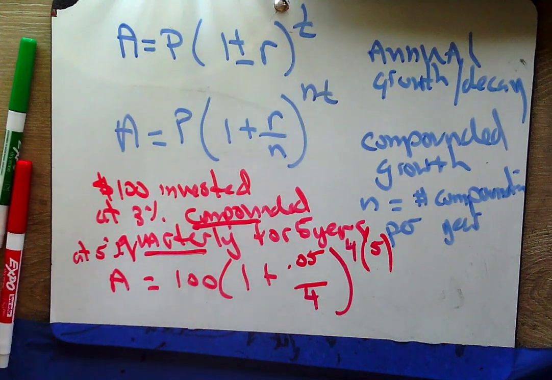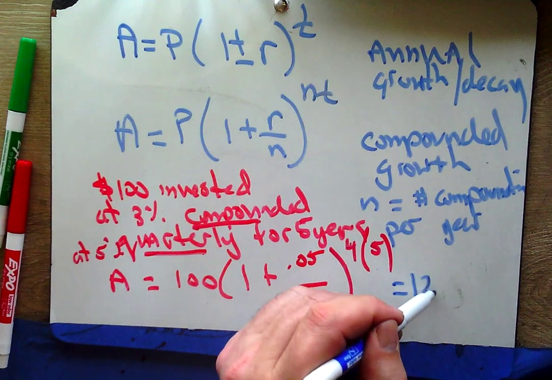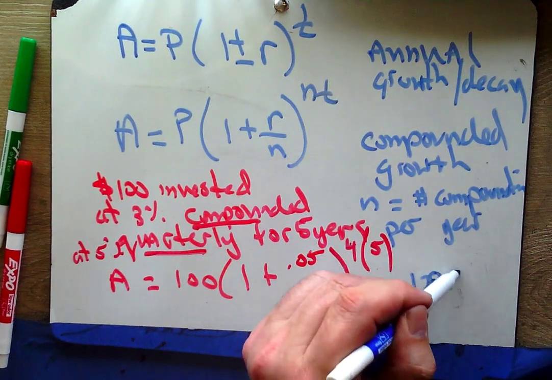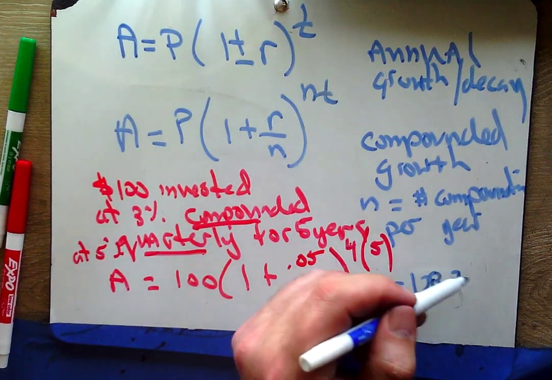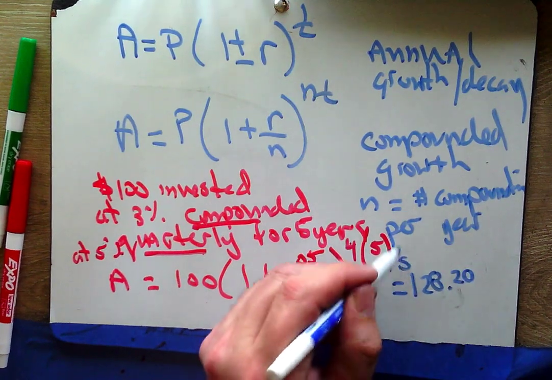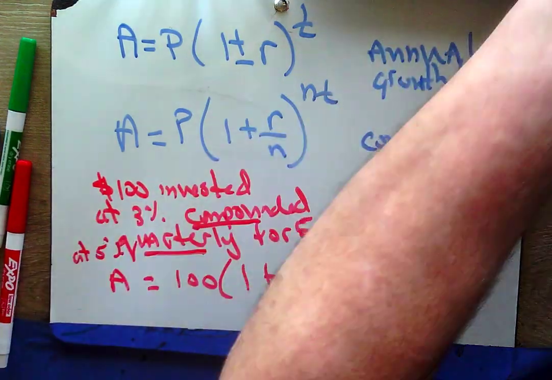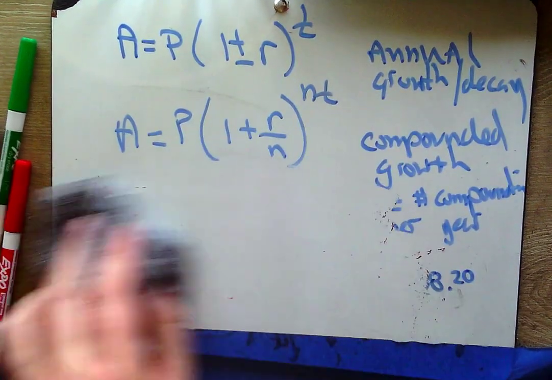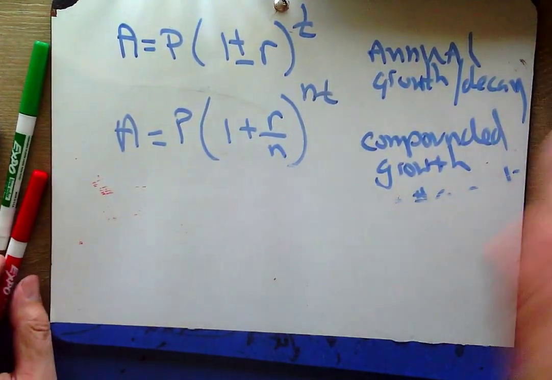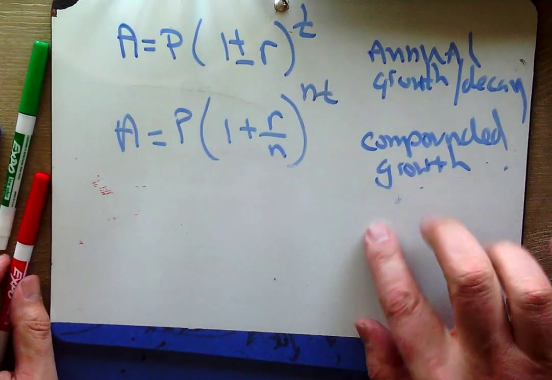I got $128.20. All right, and then we have a third form that is, instead of compounded a certain number of times